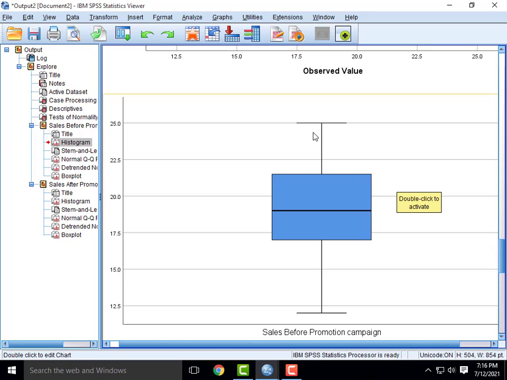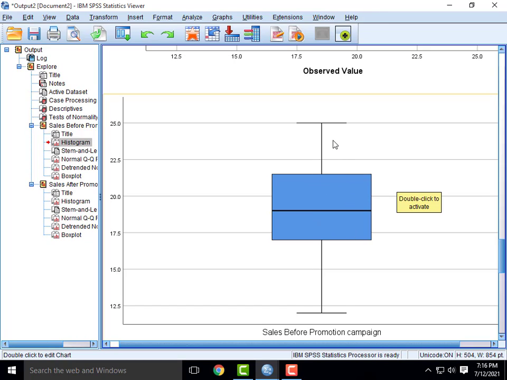Then come to the box plot. So here no values are outlier values. That means there is no asterisk or star mark above or under this diagram. So we can say that there are no outliers. That means our data are almost plotted within this figure only.